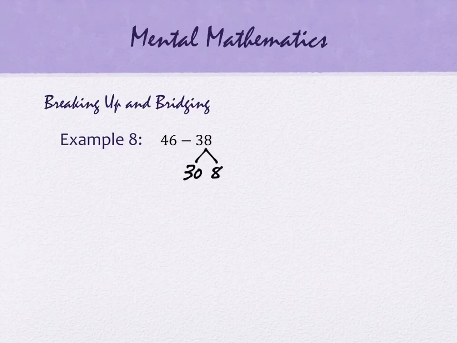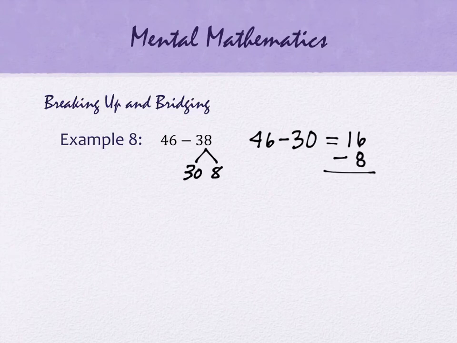And what you do is you take that 46 and you subtract the tens value, the biggest one, the 30. So it's 46 minus 30. 16. And then you subtract the ones digit. So 16 minus 8 is 8, right? Okay, good. Yeah, it's 8. Okay, so the idea is that by subtracting the tens digit first, which you'll be able to do because the first number is bigger than the second one,